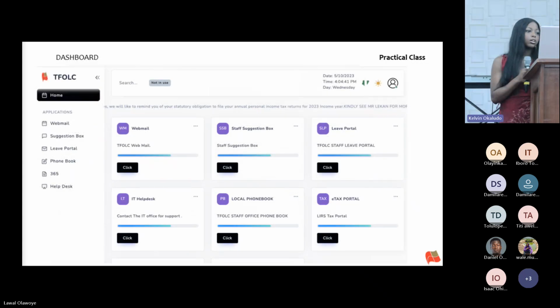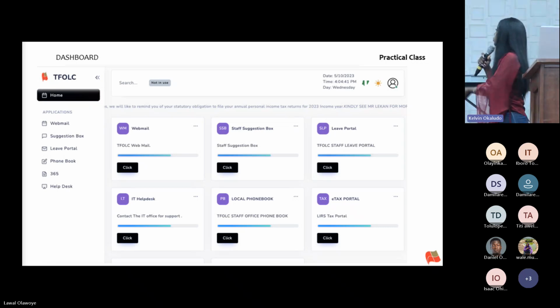So the staff portal has a bunch of stuff. You can link to your webmail. So this is a link to your webmail. So you don't have to bother thinking about, oh, where is webmail? This will take you to webmail. It has a staff suggestion box, Leaf portal, which we're working on, help desk to show you the